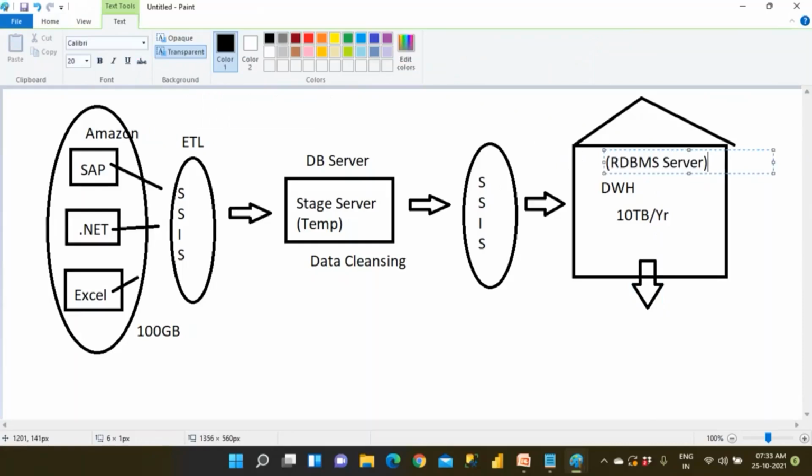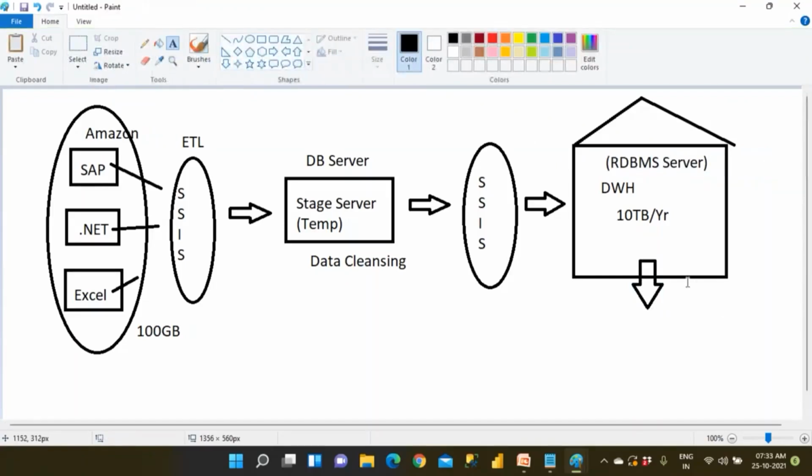Plus, what software is installed? The same SQL Server, Oracle software. Clear? The same RDBMS software you install. So you will be able to store 10 terabytes of data or 20 terabytes of data. For example, take my laptop. What is the size of the laptop? 4 GB of RAM, 1 terabyte of hard disk. Can I attach a 10 terabyte hard disk to my laptop? It will fail. The motherboard will fail. Processors will fail. They cannot process it. So the hardware will not support this much capacity.